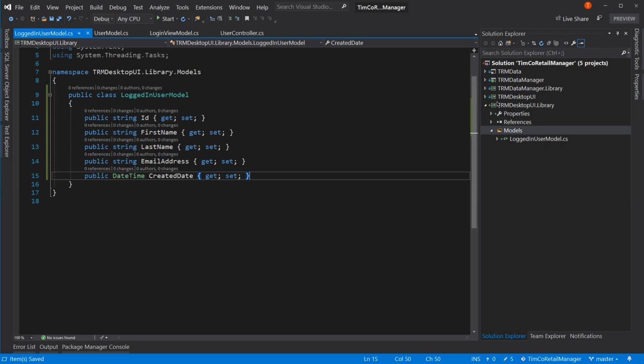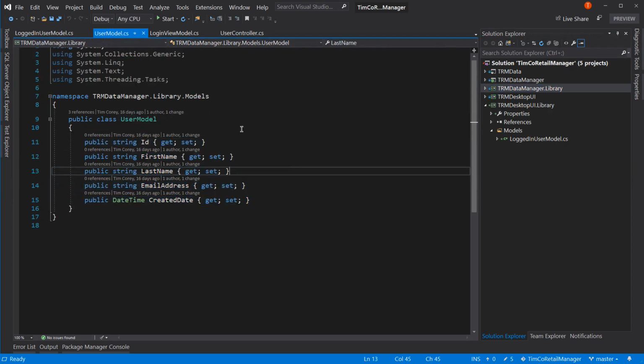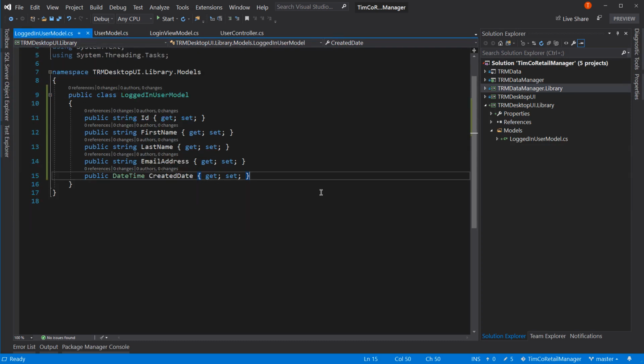Again, I talked about this line between the projects above and below as being two separate things, and they are. So a WPF application needs to have a model to catch the data that the API sends out. And the API sends out this data. So it really needs to match this data over here. Now, yes, again, I could take that DLL and try to use the same model. But the problem is they're not really the same. On one end,